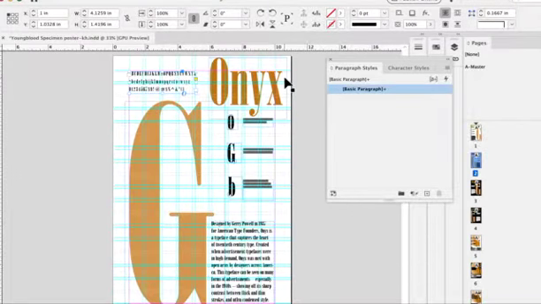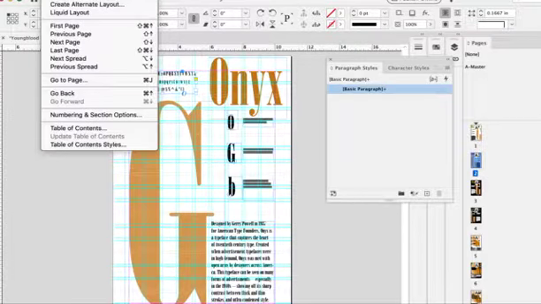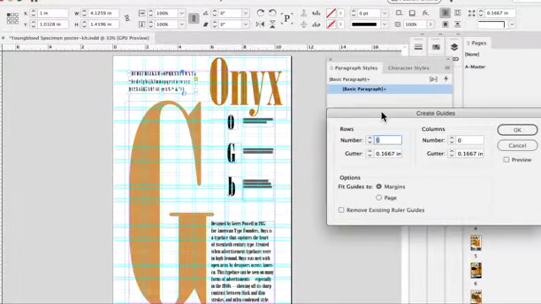Okay, so I'm looking at this and I'm seeing that the G is taking up approximately half the space. So this page is almost divided into two. So I think that's giving me the idea of using an even number for the number of columns instead of an odd one. So I'm going to go up to Layout, Create Guides,